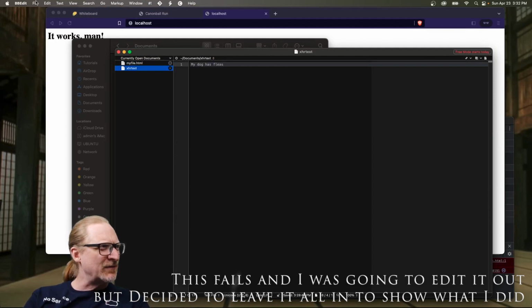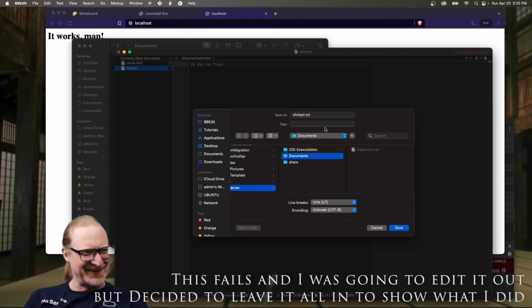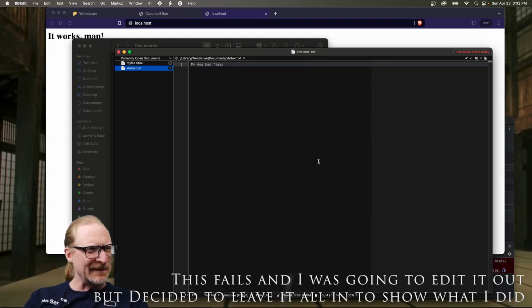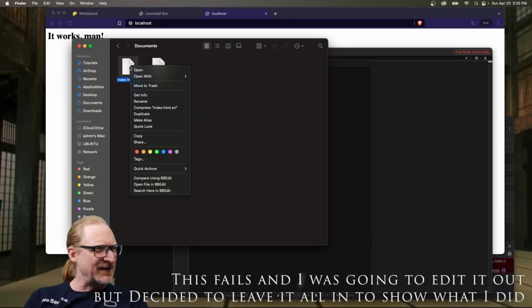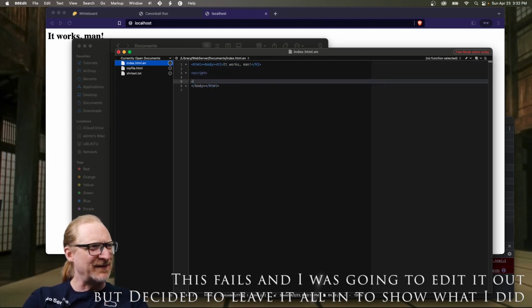Say this, and a file, save as, Library, WebServer, Documents, save. It was .txt anyway, and then open up this index file with BBEdit, and before here, script, and the script,